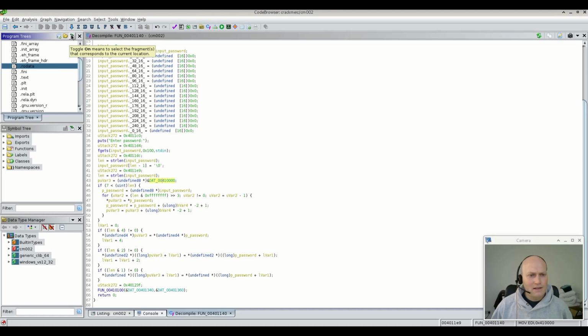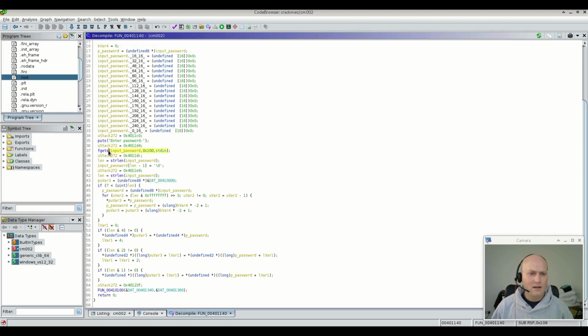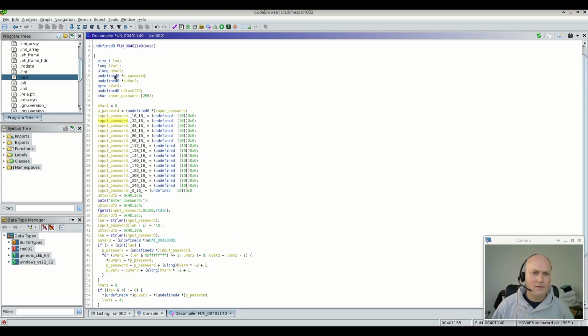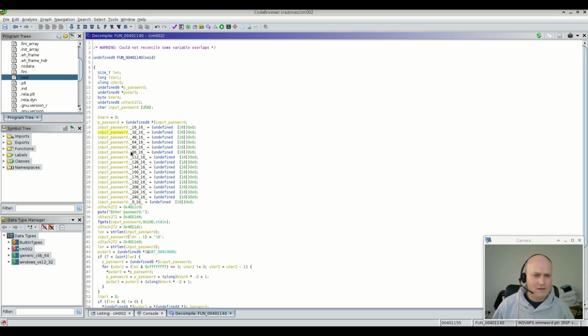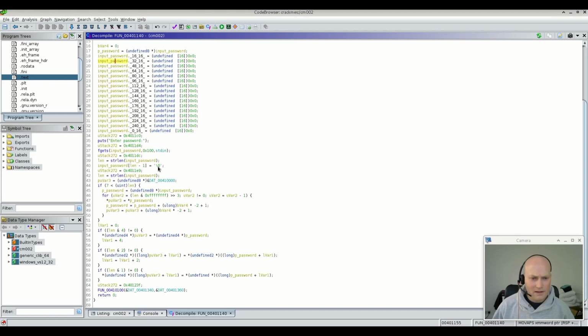This little toggle here says toggle on means to select the fragments that correspond to the current location. I find this quite useful when the code seems to be hopping around in different sections. So if I click on this, because I'm in a function here, I can see this function is defined in the text area. But if I click on something like this,